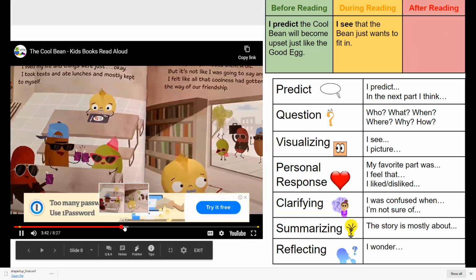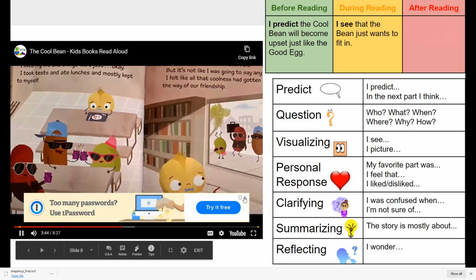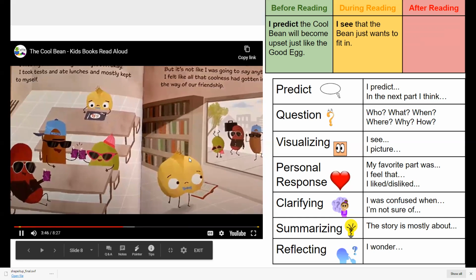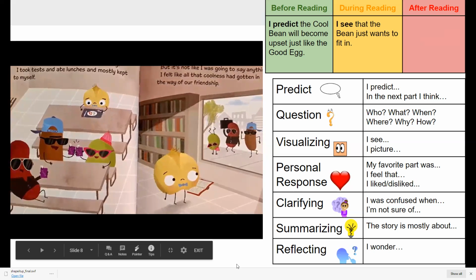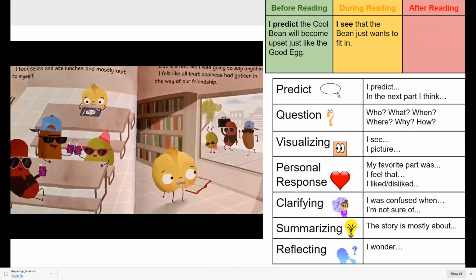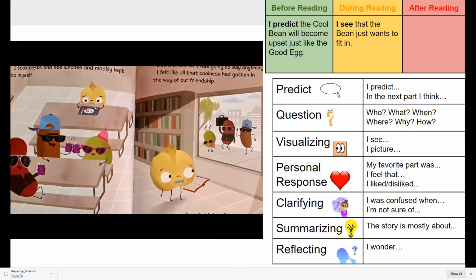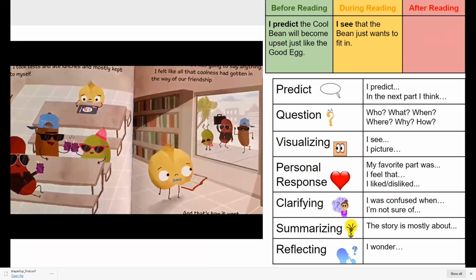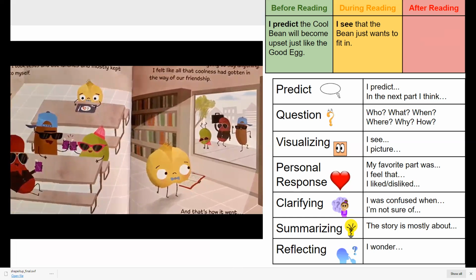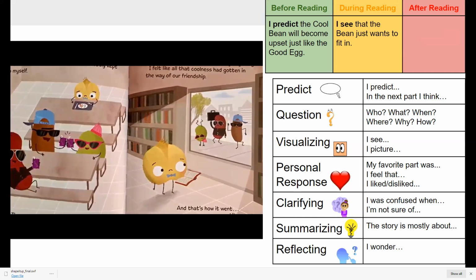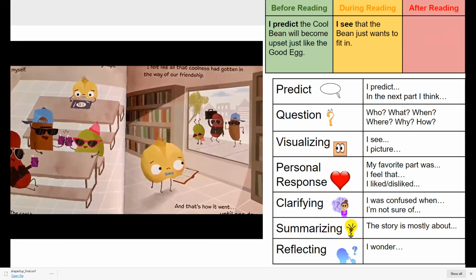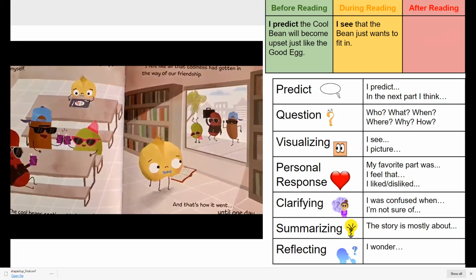And ate lunches, and mostly kept to myself. The cool beans continued being cool. I mean, sure, I missed them a bit, but it's not like I was going to say anything. I felt like all that coolness had gotten in the way of our friendship. And that's how it went. Until one day,